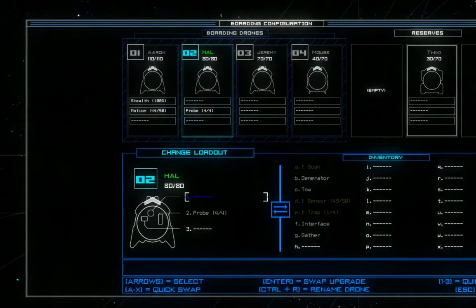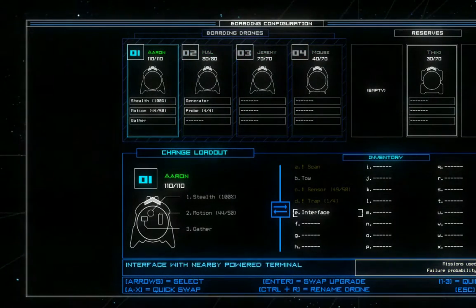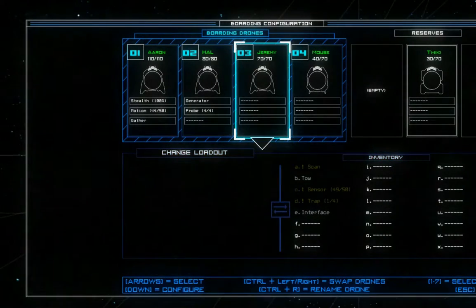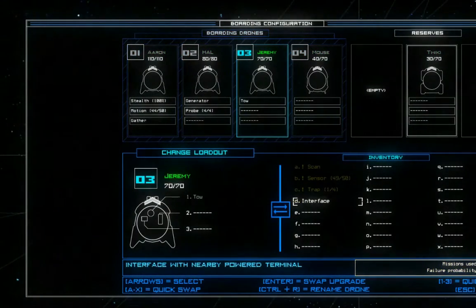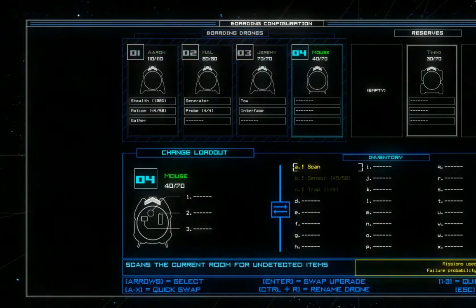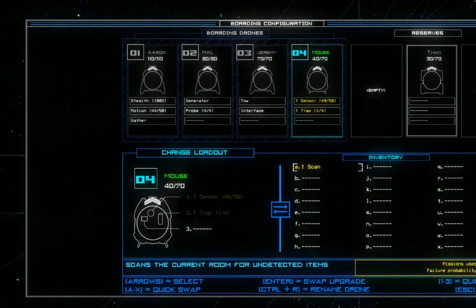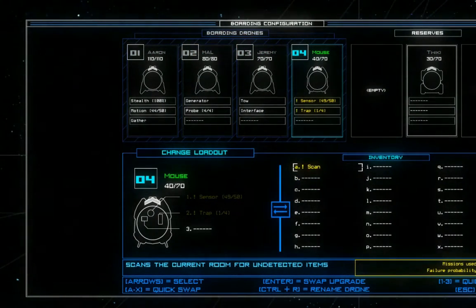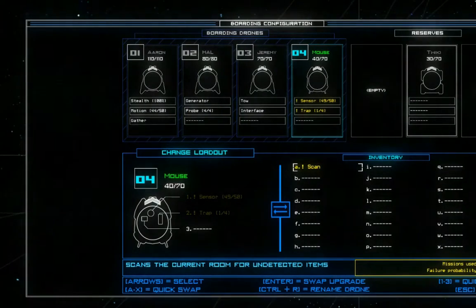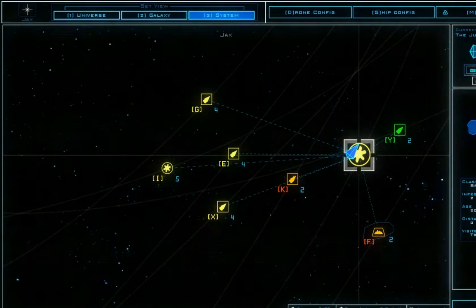Why do you have to gather? Oh, because I meant to give you the generator and I saw the letter G and my brain turned off. Toe. Interface. And yeah, I suppose that's alright. Is there any one of these that I want to just dump? Because having only one trap isn't all that useful. Anyway, that's all for now, though, because that was...